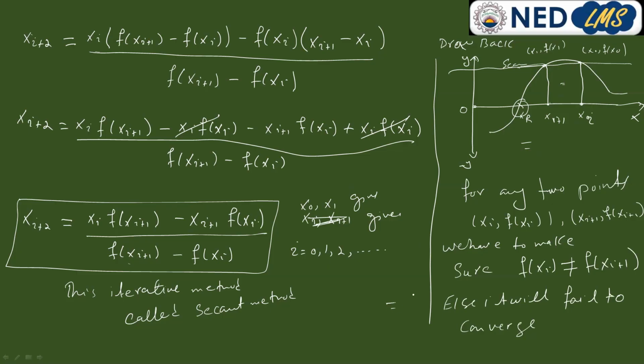I hope you understand. The other method that we have to discuss, obviously there is no derivation for this method. Although we can do derivation, it's not necessary because the formula is the same as we have derived here. But if we impose one condition on it, then we can have a very good rectification for this method. This is the last method for the iterative scheme for finding the root,